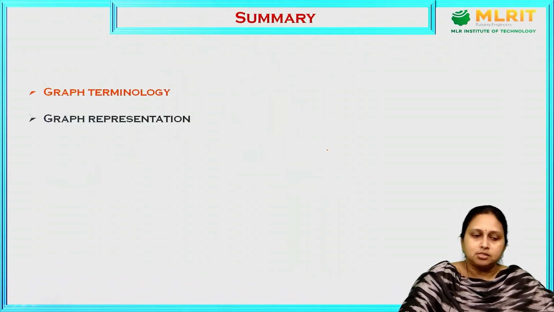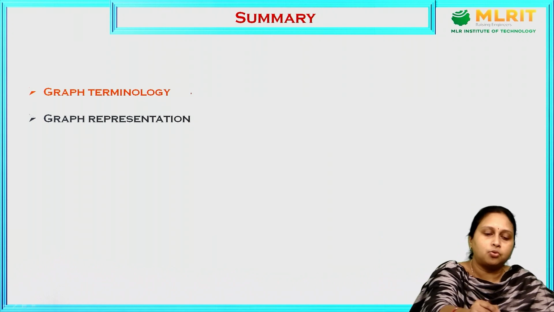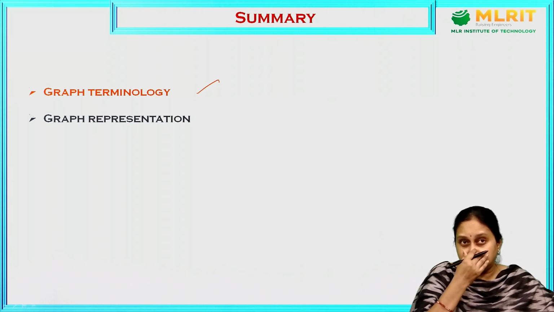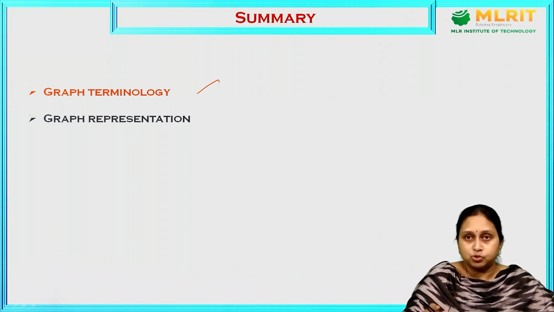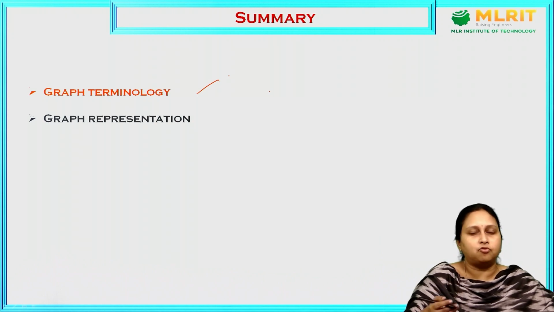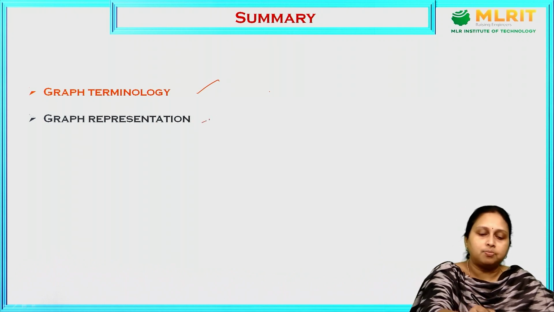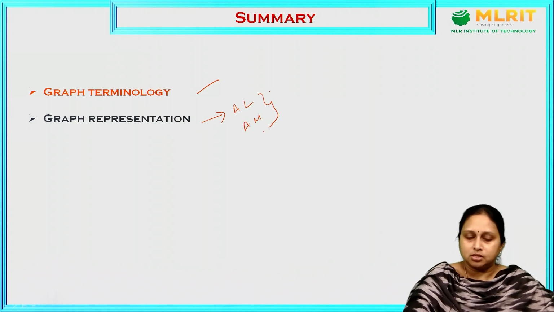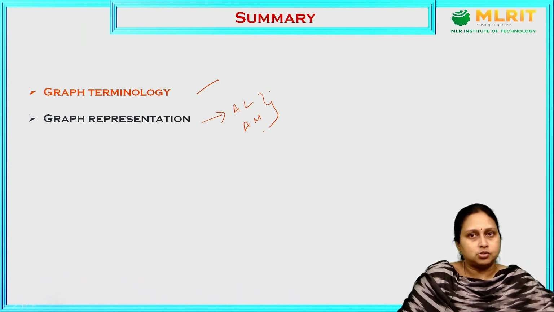And the summary is, in this session we have discussed graph terminology like vertex and the edges we have, and we have seen the different types of graphs: null graph, cyclic graph, acyclic graph, directed graph, undirected graph, all these things. And coming to graph representation, we came across adjacency list representation and adjacency matrix representation. Both of these we have discussed. I hope you could understand this concept. Still, if you have any